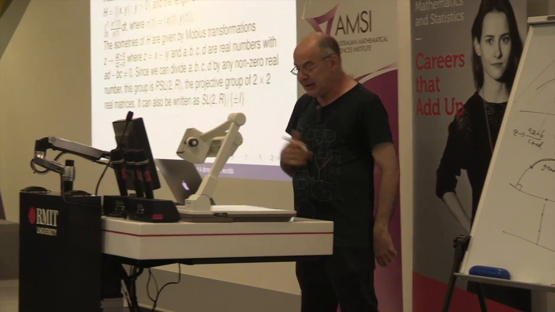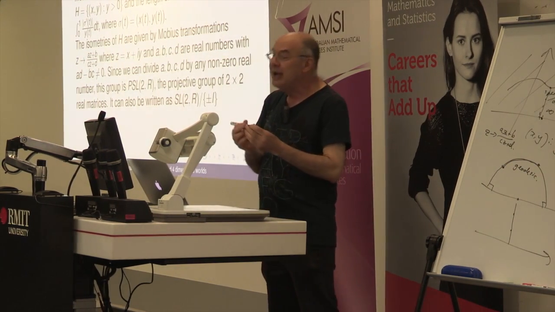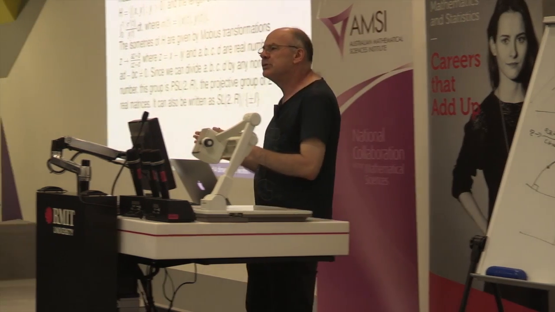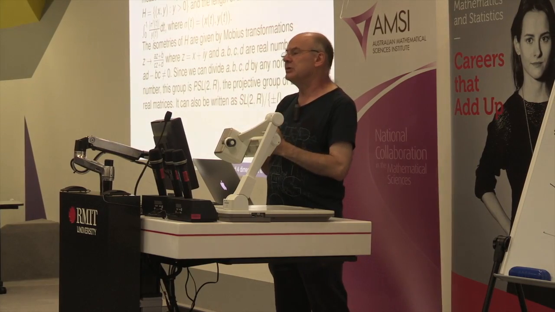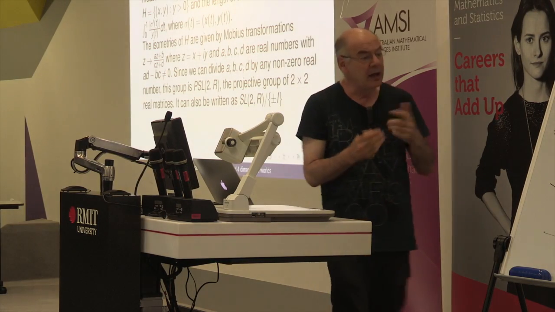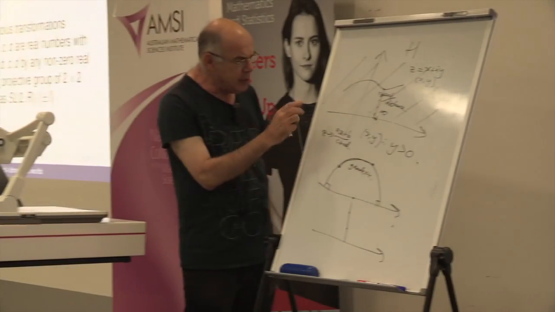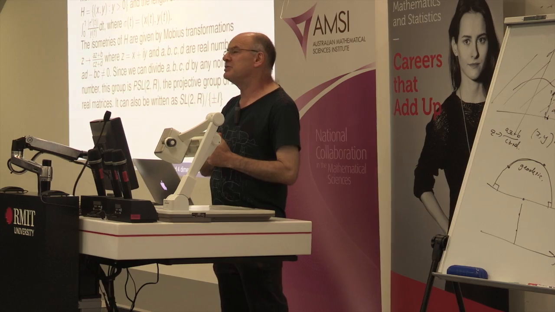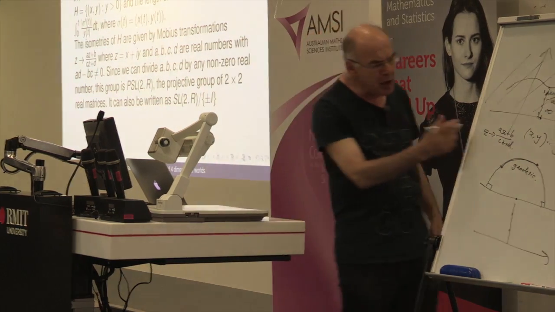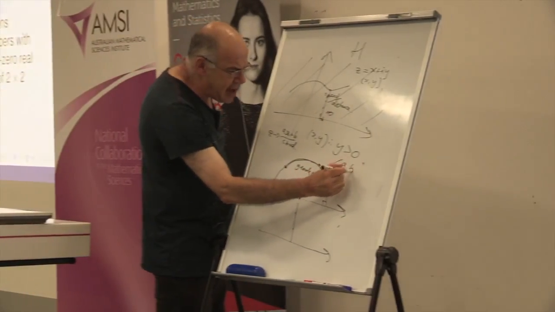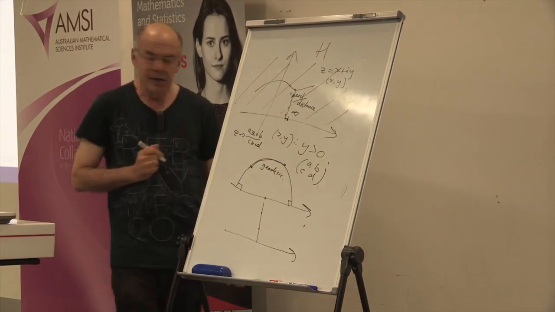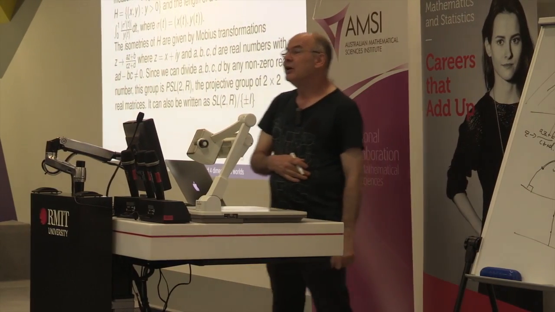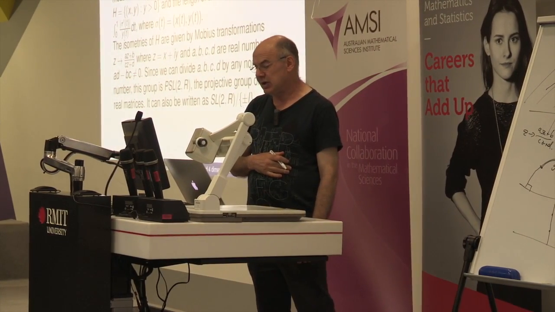So they're the right things for preserving lengths. Okay, so we get this nice group of transformations. If you remember the torus example, the automorphisms could all be continuously deformed matrices. Here, the automorphisms can be realised by these Möbius transformations, and these are in fact matrices as well. If you compose these things, it turns out it's the same as multiplying these 2 by 2 matrices. So in fact what we get is a group of 2 by 2 matrices